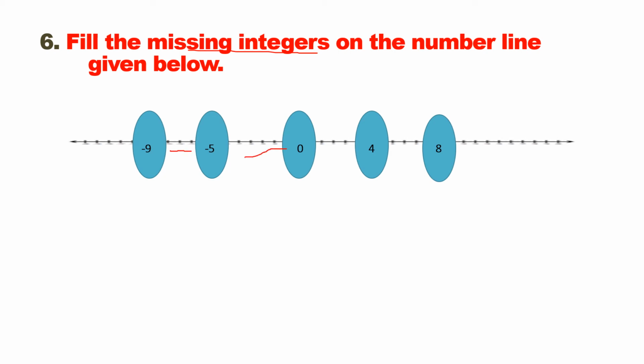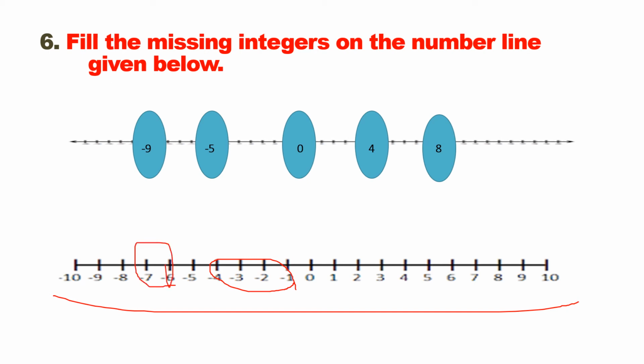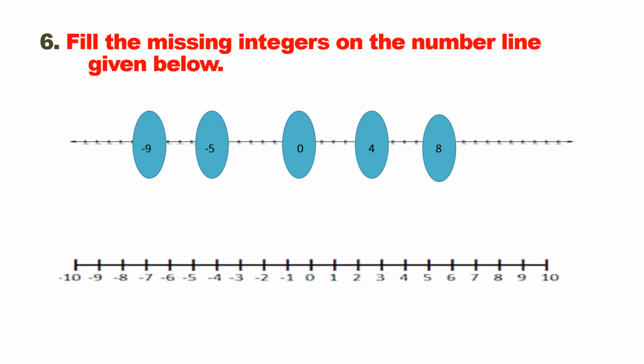Okay, here 0, -1, -2, -3, -4. Next -6, -7, -8. Here 1, 2, 3. Here 5, 6, 7. These integers you should represent on the number line. That's it. So I represented them completely on the one number line. The missing integers are in between these two, and between these two the missing integers are these 3, and here it is 5, 6, 7. Clear? So simple, just represent on a number line.